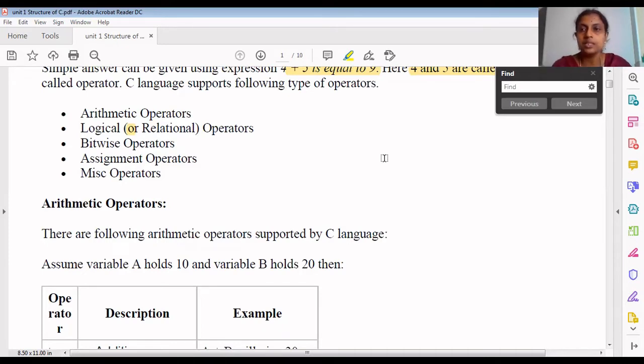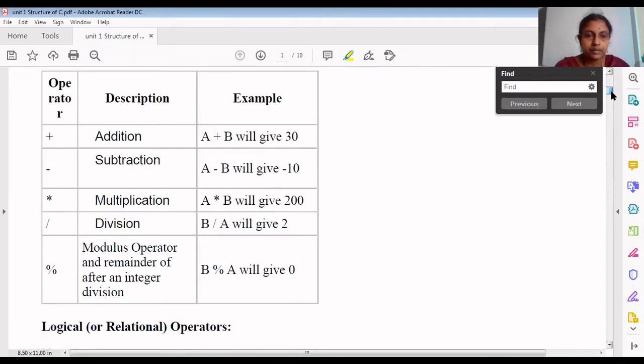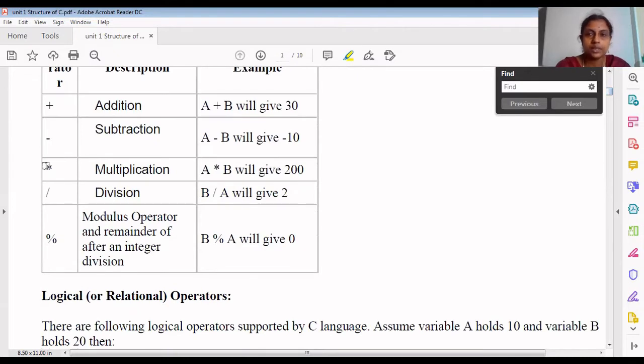Third is multiplication. In mathematics we use the symbol X, but when it comes to computers, we don't use X because there is an alphabet X. So we use a symbol called asterisk, like a star symbol. I will show it here. See, this is the multiplication symbol. It will be like a star. You can see it above 8 on the keyboard, or on the right side also.